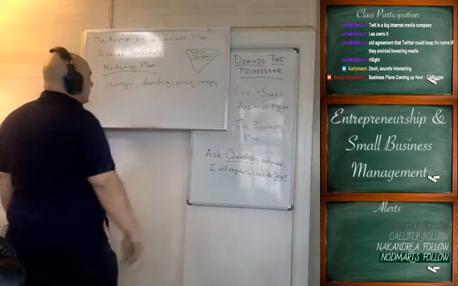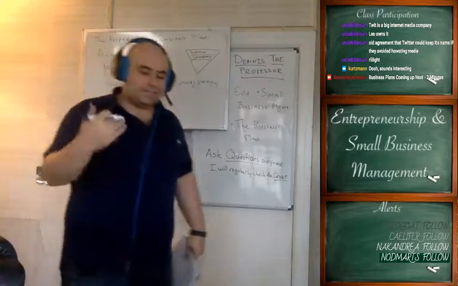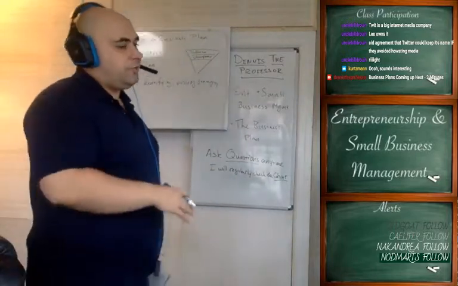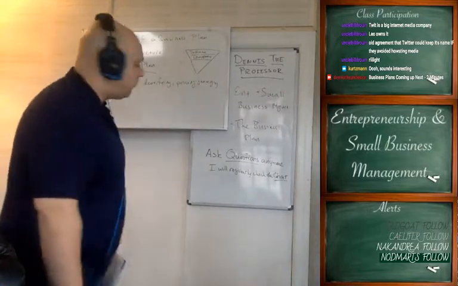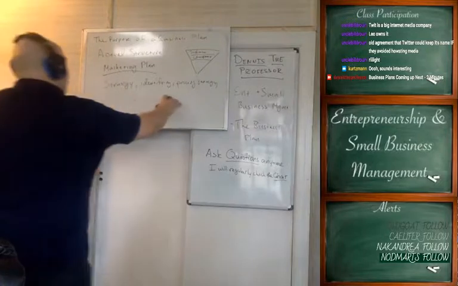How are you charging customers? Is it on a subscription basis? Is it on a one-time fee basis? Are you charging them on a loan basis, so they pay off the product and you own it for as long as they don't pay it off? How does it work and how do you make money?